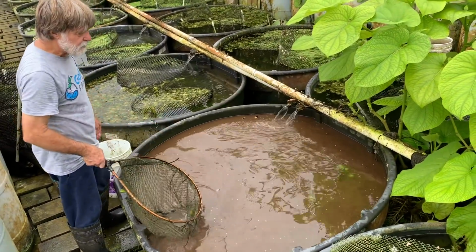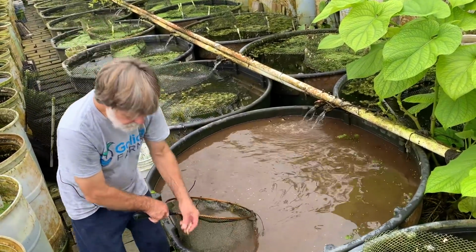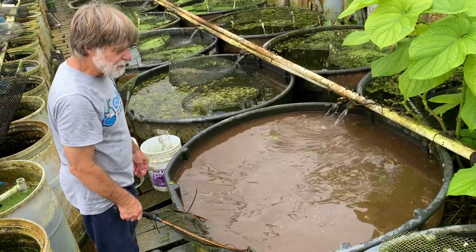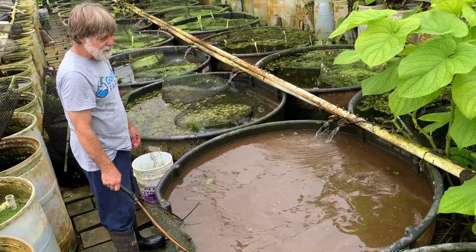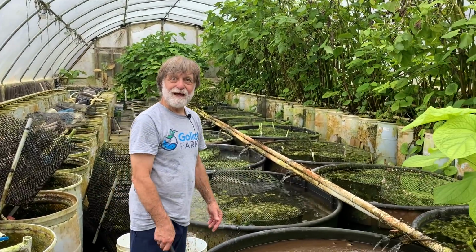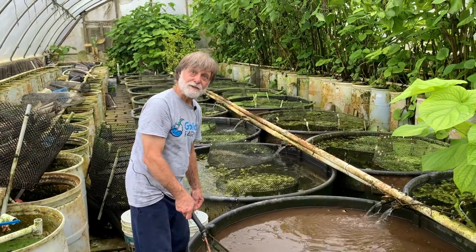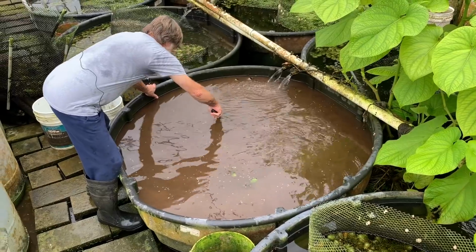In selecting breeders, I favor older fish, because by doing that you're selecting for longevity. It's possible that some of the older females aren't producing anymore, but I figure they've done their job. They deserve to keep going. But to the extent they reproduce, they're passing on genes for longevity. Another factor in our system,